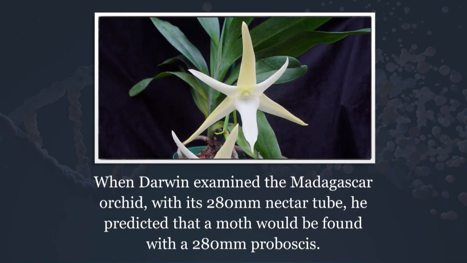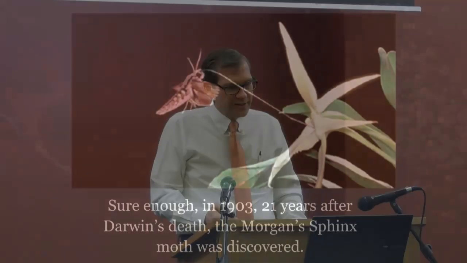When Darwin examined the Madagascar orchid with its 280 millimeter nectar tube, he predicted that a moth would be found with a 200 millimeter proboscis. Now, we're talking something that big. And it's going to have a proboscis, which is this little attachment that comes off the head, that's going to be that size to be able to get down there and get the nectar in this orchid. Sure enough,